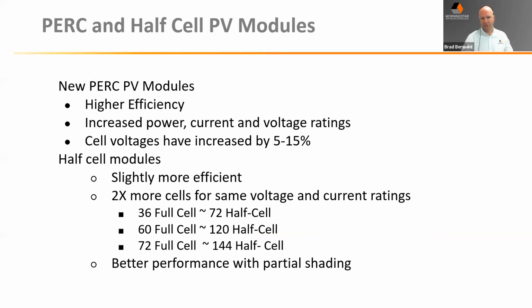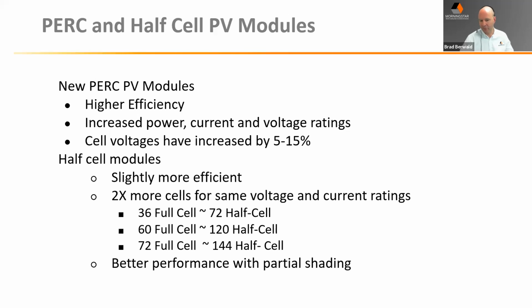So just to talk a little more on the PERC and half-cell modules, what you'll see is obviously higher efficiency, but also a little bit more voltage per cell. And we've seen a trend in that in order to pack more cells into a given frame, you're seeing a lot of cut cells come back into style again. They were really popular in the early days. In the early 2000s, cut cells were there regularly because there was a lot of demand for small modules, but now they're all so immense. What they're doing is they're actually doubling up the number of cells on the panel, and we've got to take that into account.